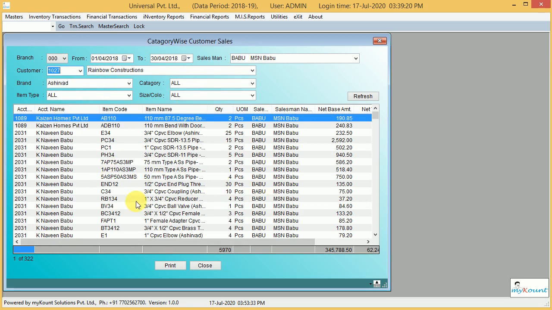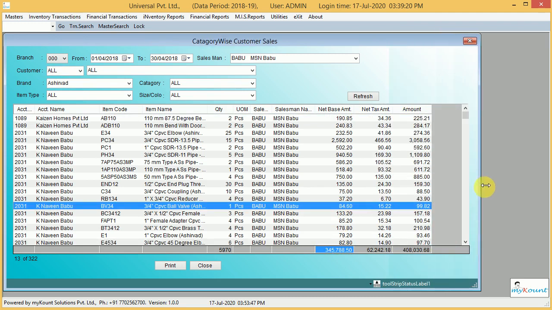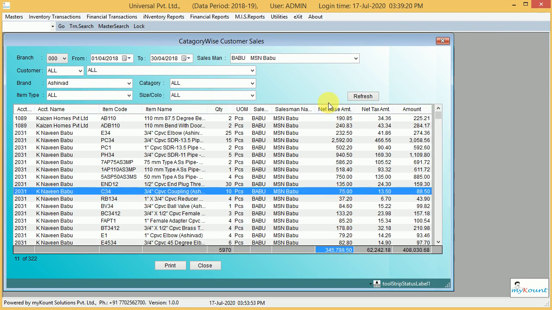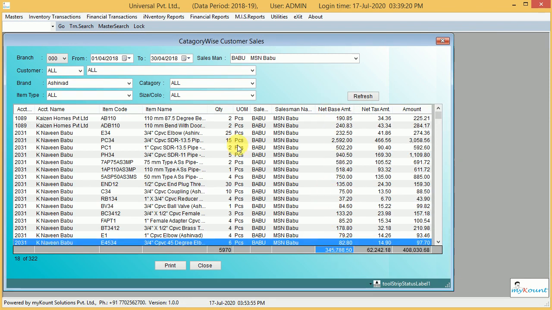At the time of calculating incentives for the salesman, we can select brand wise. For a specific brand we select, this is the sales net base amount. At the time of sales we will not consider the tax amount, only the net base amount. So this is the net base amount for this. Some people may calculate on the total amount, but net base is this, net tax is this, and total value is this much.